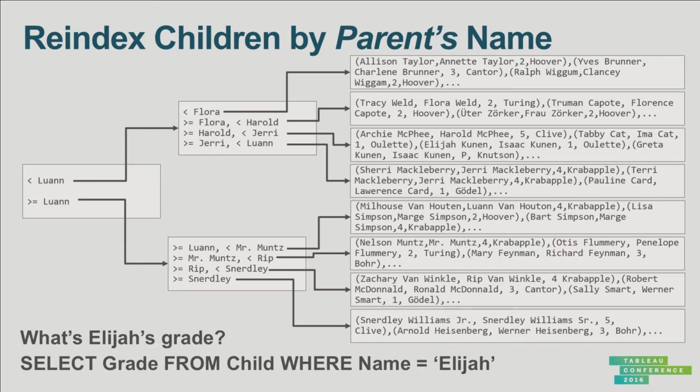how do I find the answer to this? I can't use the index. I'm looking at child name, but that's all parent names. I can't use it. The system won't use it. Instead, I have to look at the first name. I say, Allison, no. Eves, no. Ralph, no. And then I go through all of these, and eventually, after a while, I get to Elijah, and I can answer my question. But I'm not done, because there could be another Elijah, and it could be anywhere. So I have to keep going and going and going. I actually have to look at all of my data to be able to answer this question.